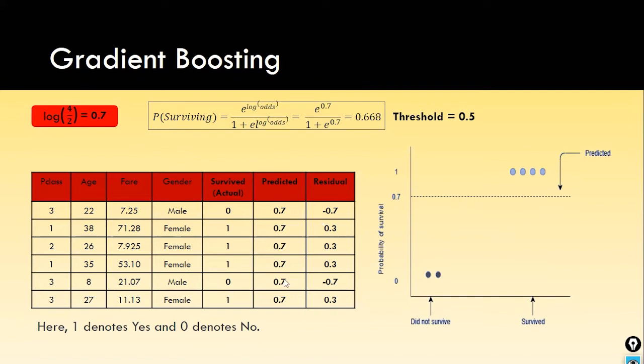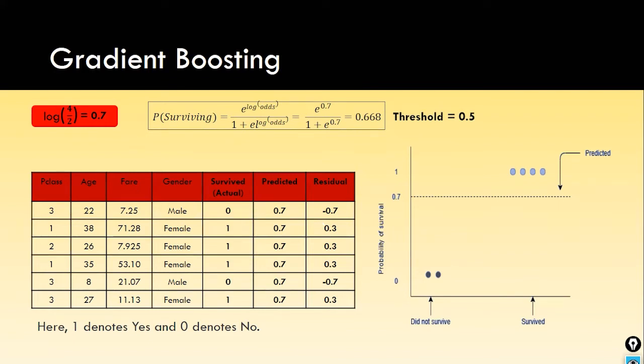With this predicted value, we can find out the residual. The next step is we need to find the residual. How do you find the residual? The actual value minus the predicted value. Here 0 minus 0.7 is negative 0.7, and 1 minus 0.7 is 0.3, and 1 minus 0.7 is 0.3, and so on. With this residual in place, now gradient boosting